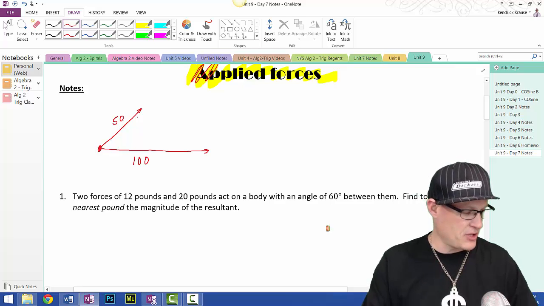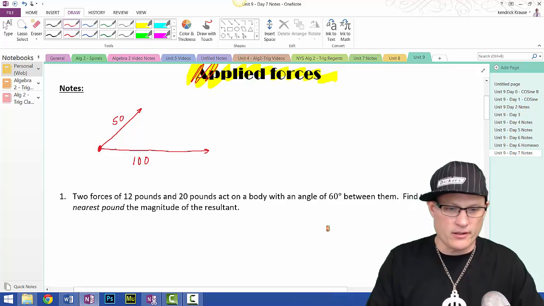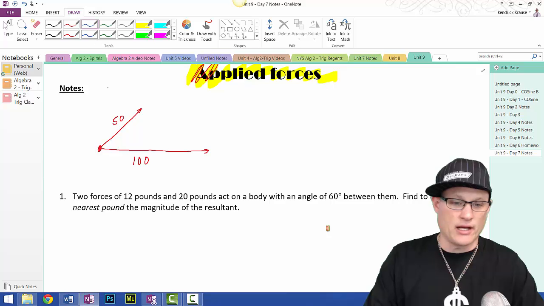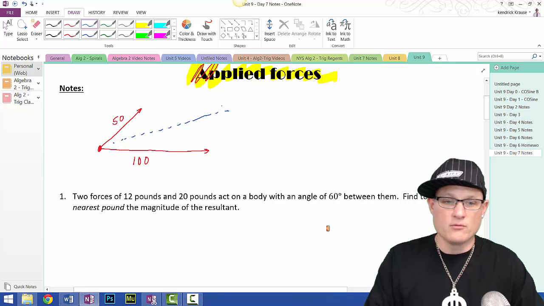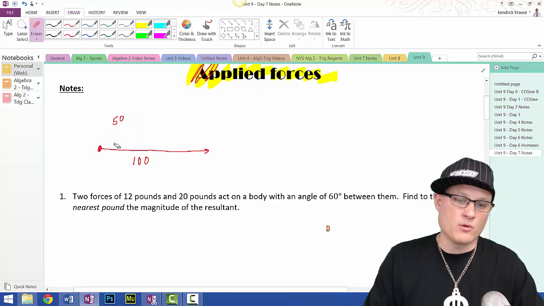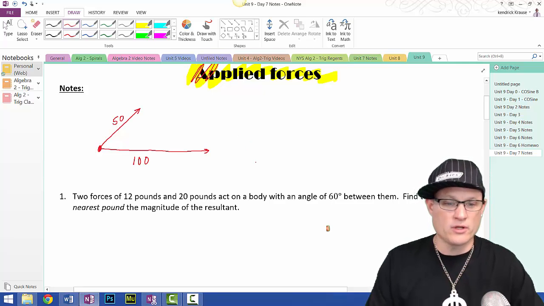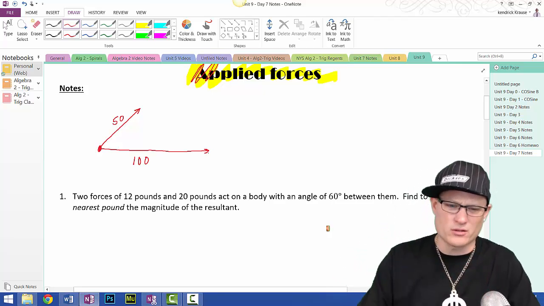How am I going to solve this problem? Well, clearly it's not going in my direction, and clearly it isn't going in his direction. So it's got to be going in somewhere out in this direction. Well, when we're dealing with forces, that's called the resultant. And when we're working with the resultant, the problem can't be done without the force. When I'm working with resultants, at least in our mathematics, in our small little world,